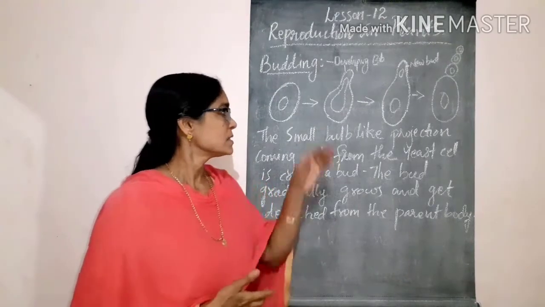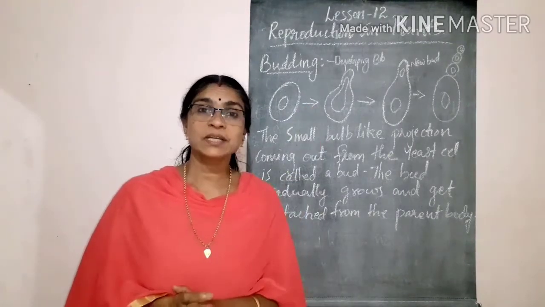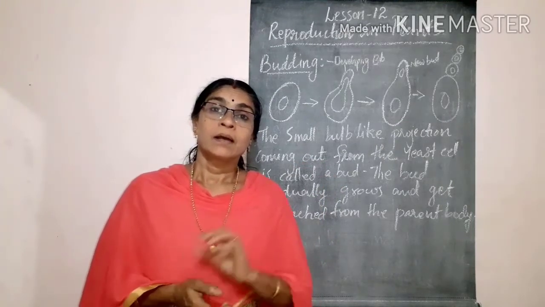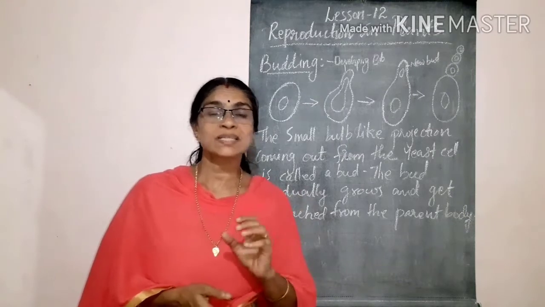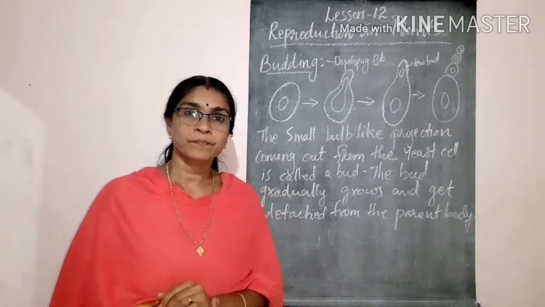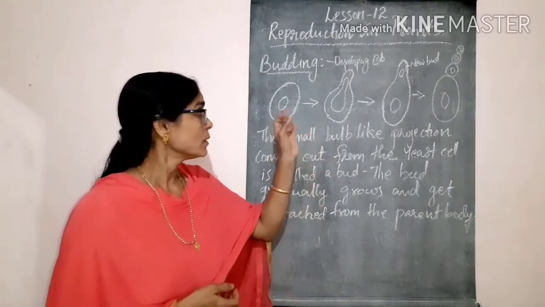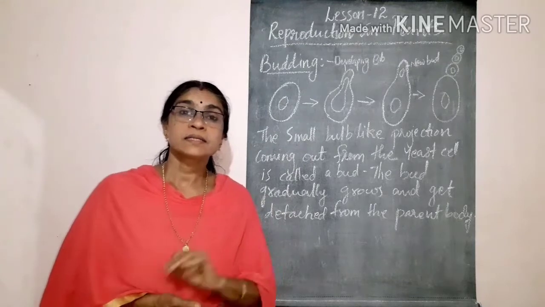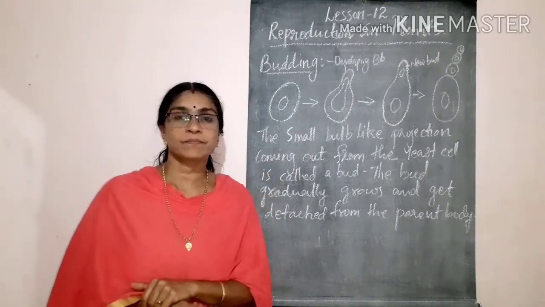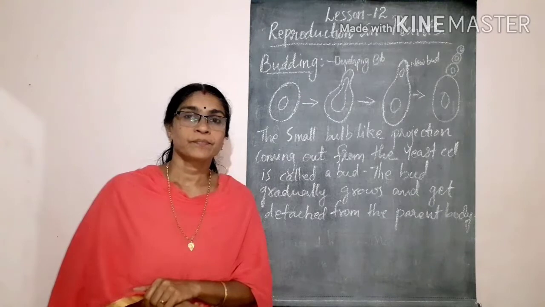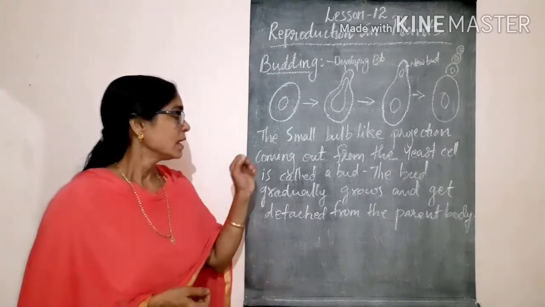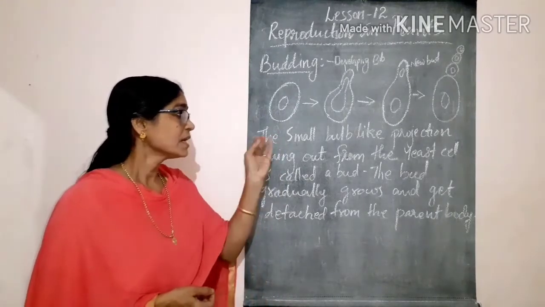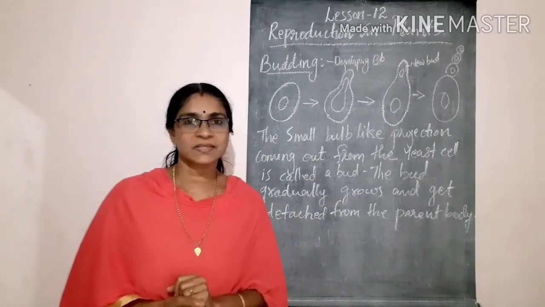Okay, children, yeast helps in fermentation. That is why yeast is used for making breads, cakes, alcohols, wines, etc. Commercially, yeast is used in the large scale production of alcohol, cakes, breads, etc. Okay. In the yeast cell, reproduction is by means of buds. That process is called budding. Did you get the points? Yes, children,